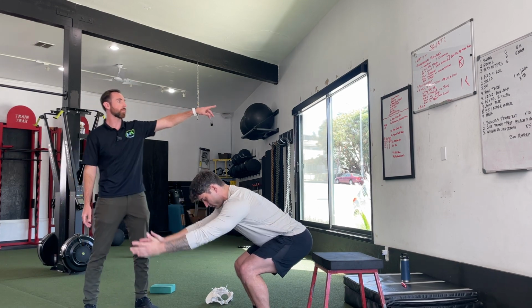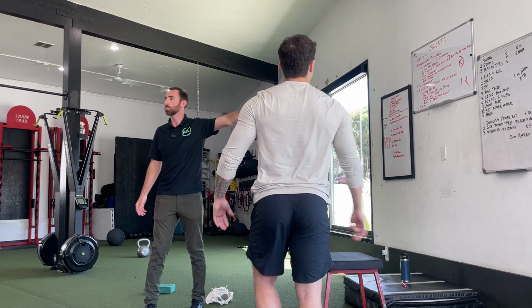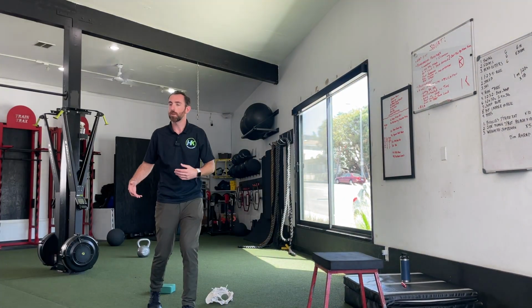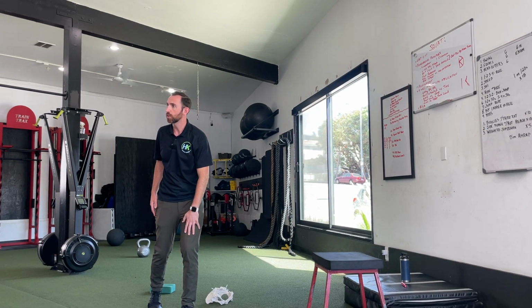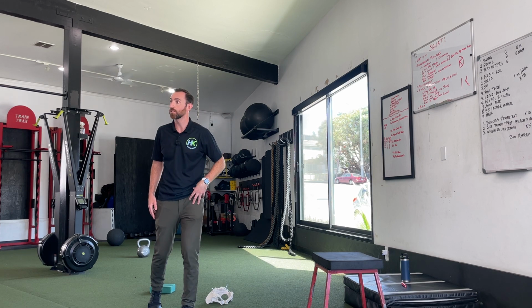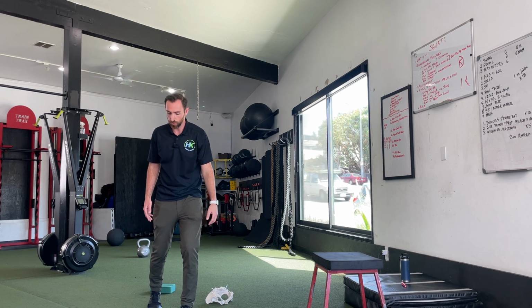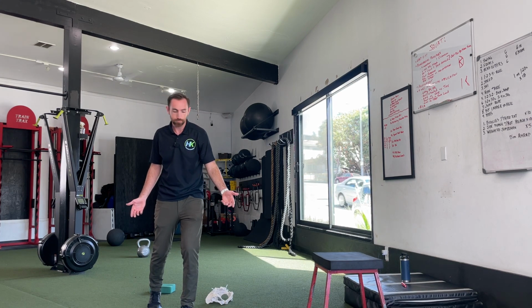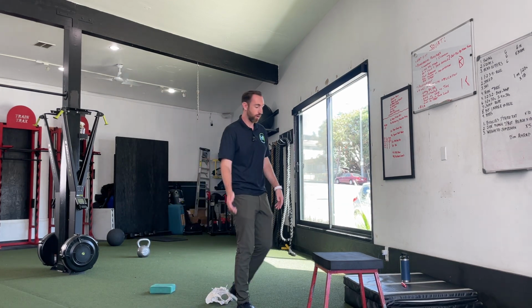So let's talk about some of the practical applications. Like a split squat, right? We have one foot forward, one foot back. We're typically going to get more internal rotation on the back leg, more external rotation on the front leg, right? But it also depends on what angle I'm at. So if I'm on the ground here, I'm pretty mid stance, right? If I go front foot elevated,